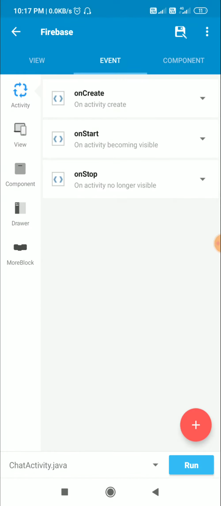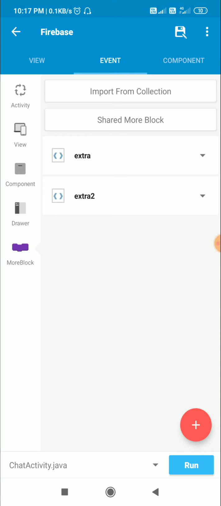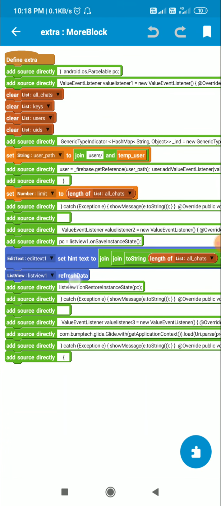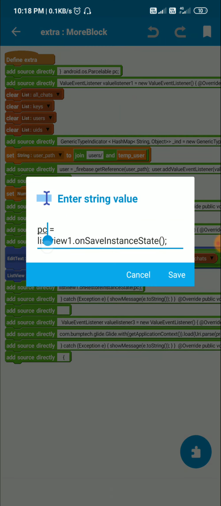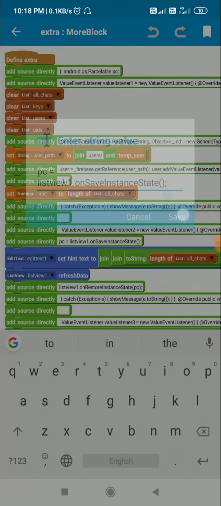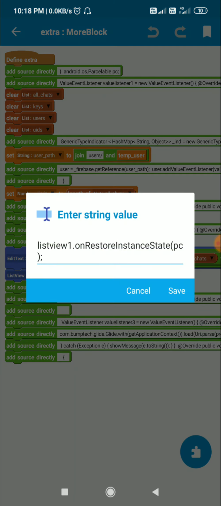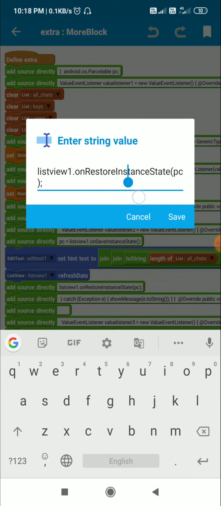Similarly, when the user clicks on any button in the list view and has to stay at the same position while the list view refreshes, we can do this. Go to the list view refresh data block, and just before it use PC equal to listview1.onSaveInstanceState, and right after the listview1 refresh data block, use listview1.onRestoreInstanceState PC.